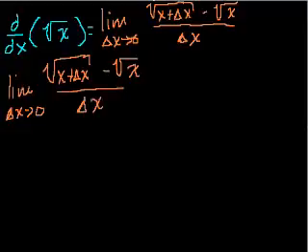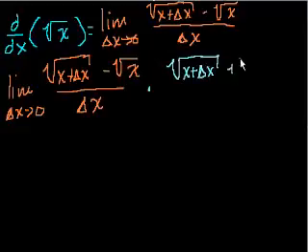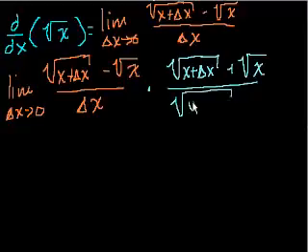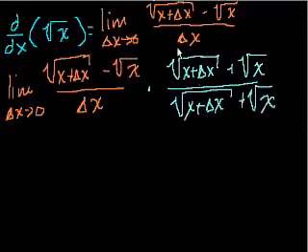And I'm going to multiply that, after switching colors, times square root of x plus delta x plus the square root of x over the square root of x plus delta x plus the square root of x, right? This is just 1, so I could, of course, multiply that times it, if we assume that x and delta x aren't both 0, this is a defined number, this will be 1. And we can do that. This is 1 over 1. We're just multiplying it times this equation, and we get